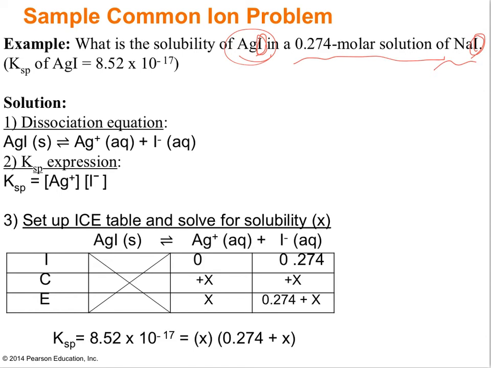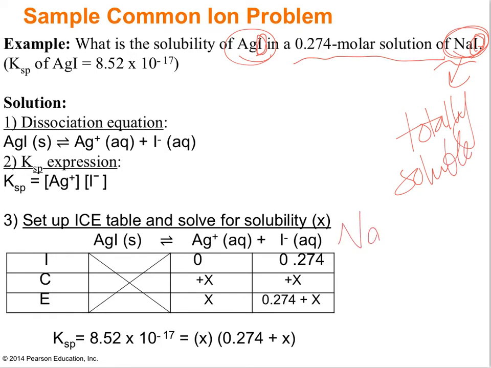I'm hoping that you remember that any ionic compound with a group 1 metal, such as sodium, is totally soluble. If you have totally soluble ionic compounds, they're not going to establish an equilibrium. It's going to be a one-way road. You're going to put it in water, and it's going to 100% dissociate into the cation and anion. You're going to have none of the original undissolved salt present, kind of like a strong acid or strong base. So now you have